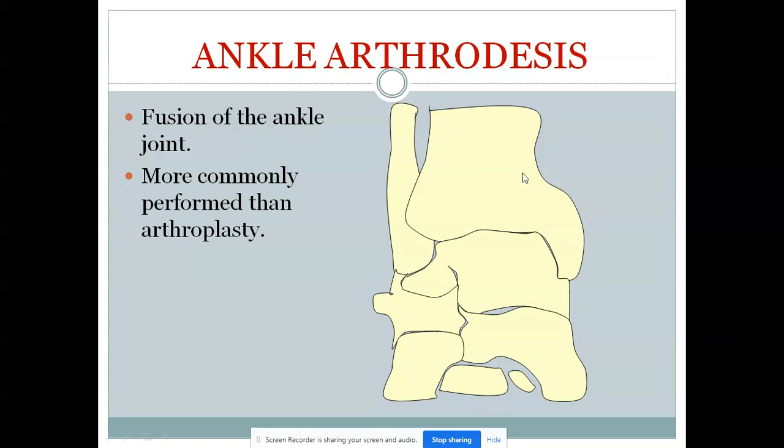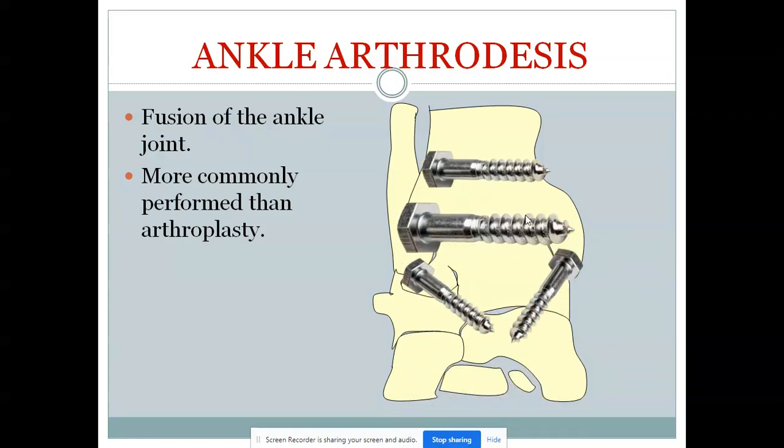Now, we already saw in the last image that this is calcaneum, this is talus, and how to fix the prosthesis, either your cemented version or non-cemented version. Let's look at how the arthrodesis is fixed. Arthrodesis is fixed purely by your screws. That is, placing the screws transversely and obliquely.